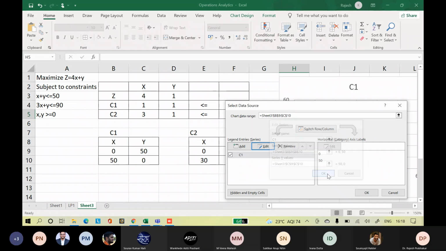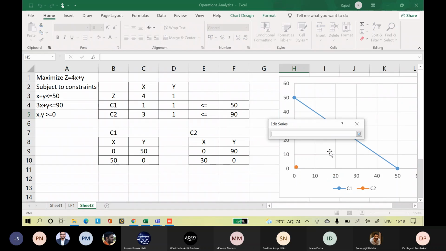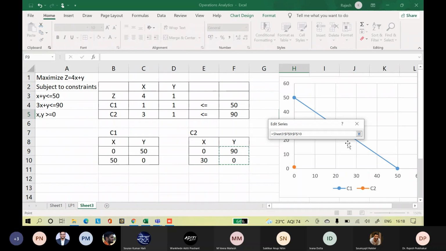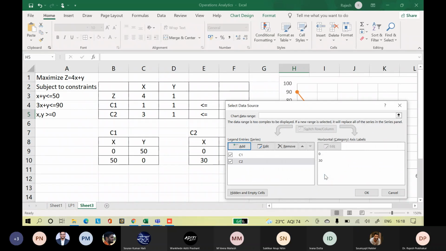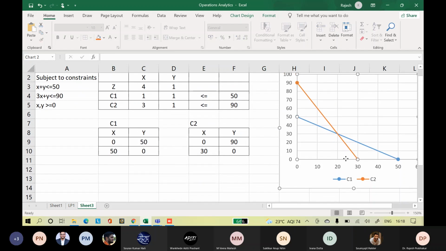Click OK. Now add series name C2, select X values 0, 30, select Y values 90, click OK. So we got the graph.